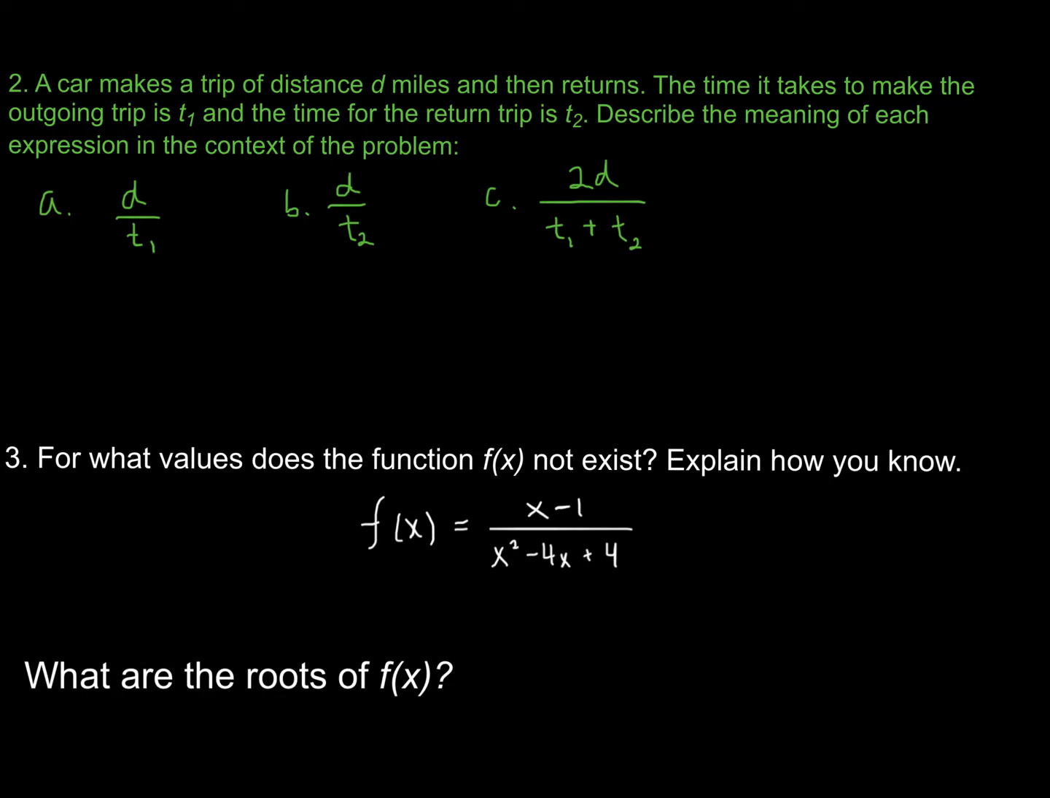So for part A, we have d divided by t sub 1. Remember, d is the distance that it takes to go to that place. T sub 1 is the time it took to get there. And so you want to think about what information would that tell you if you took d and divided by t sub 1. If you're struggling with this, I would recommend giving these variables some actual values and then writing